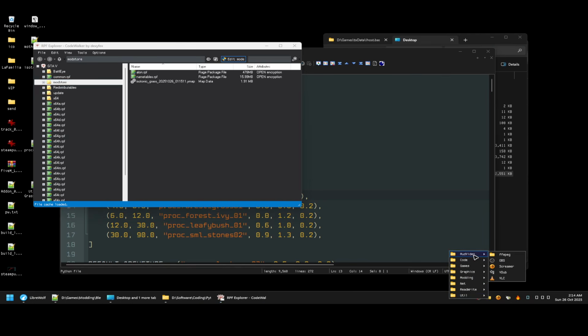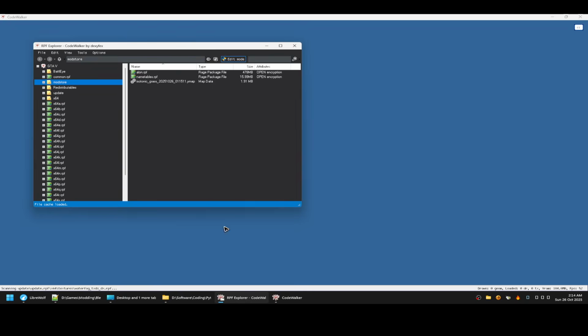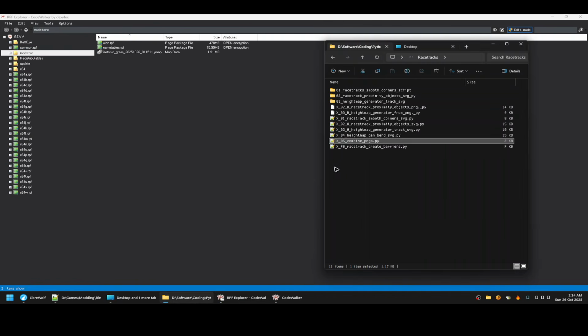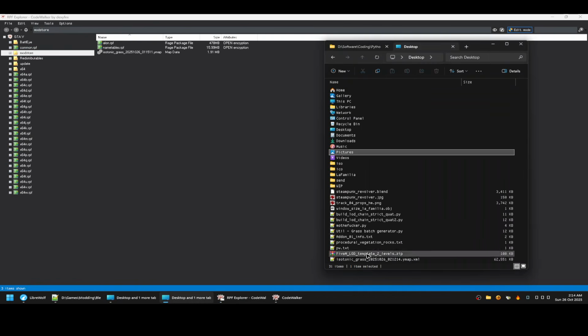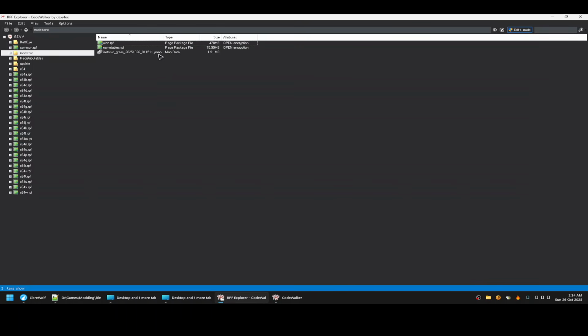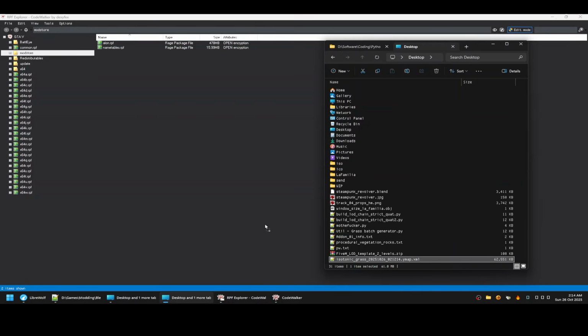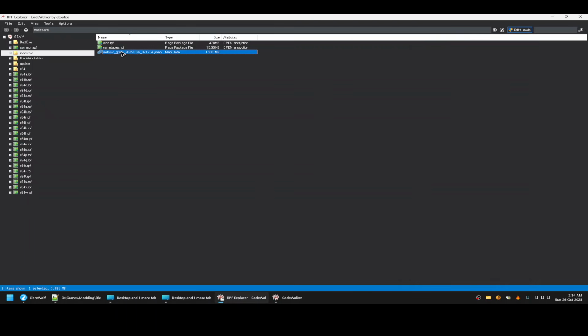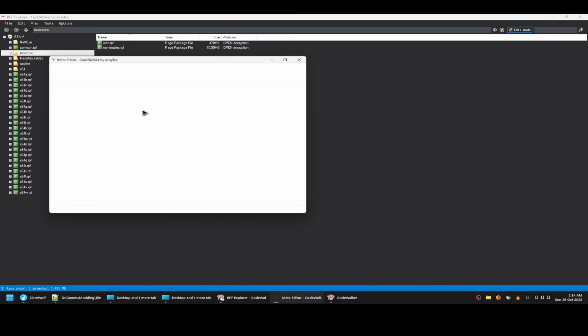Let me also do the code walker stuff. And this is gonna be on the desktop right here. Yeah, as you can see, I tested before starting recording. So there's a 62 megabyte piece of YMap that has all the grass, that quarter million instances. All right, so right now we have, if I have to look at it,